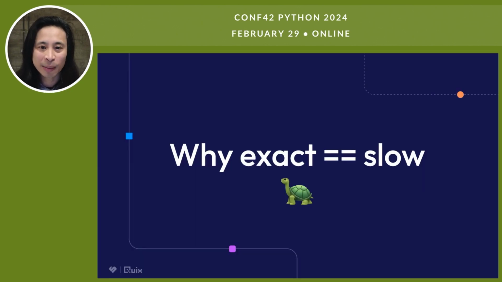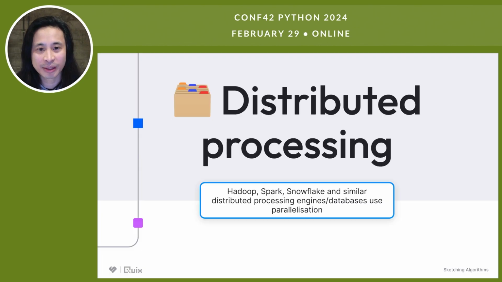And let's talk about why being exact is slow. We live in a world where the majority of the time we use exact techniques. And what are exact techniques? It's when you run a query to get the exact answer. For example, a common one I'll go through today is a count of the number of unique identifiers. The most common example is a database query. And hopefully everyone here has experienced a query that runs for a really long time. If you have billions of rows with high cardinality, that is, you have lots of unique identifiers, you could experience a really slow query when you're running a group by count.